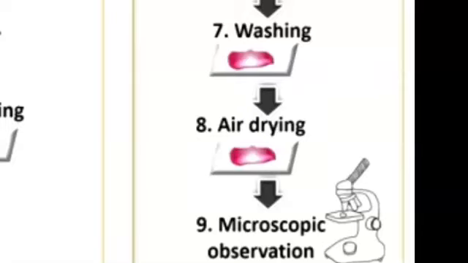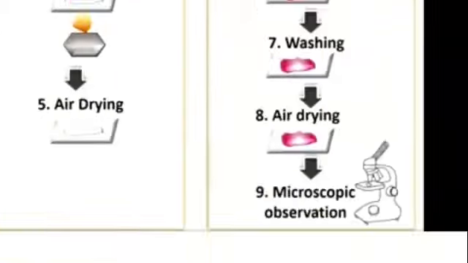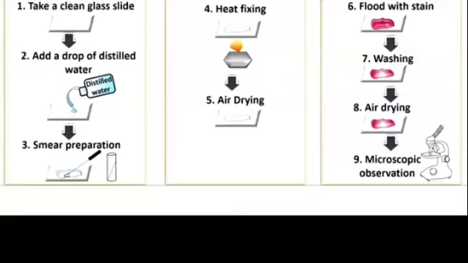So this color or the stain that we applied will be absorbed either by the background or by the organism. So microscopic observation will give a beautiful view of the organism, or a clear visualization of the microorganism or any biological specimen. Clear? So this is the simple staining method. What you do is you do it in 3 steps: smear preparation, heat fixing, and simple staining. Okay, you prepare a smear by adding a drop of distilled water, and in the distilled water you will inoculate the specimen with the inoculation loop, and then you will heat fix it and then air dry it.